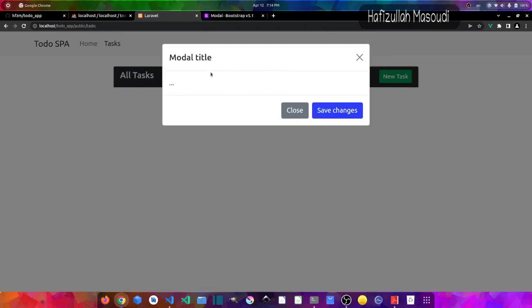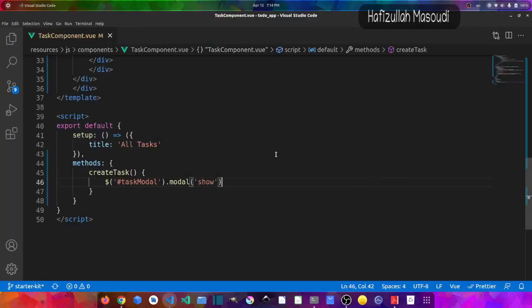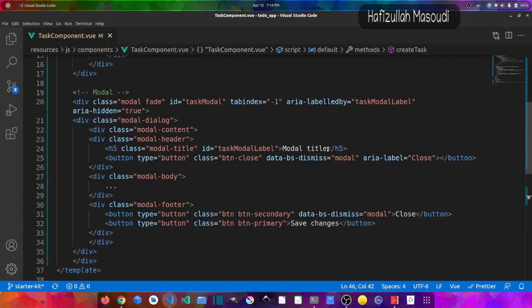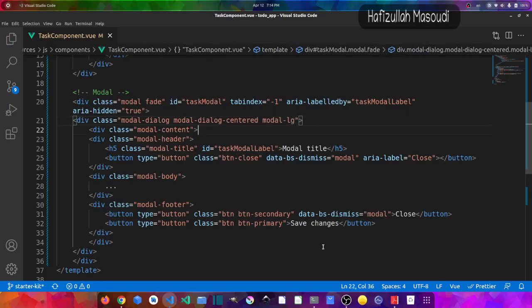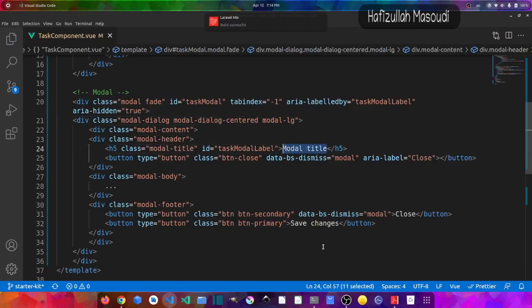Now let's also make this modal centered, and let's also make it large, and let's also customize it and put our input fields. So let's get back to the text editor, and if I scroll to the modal, well, let's first of all make this modal centered. So let's say modal-dialog-centered, and let's say modal-lg to make it large. For the title of the modal, let's say create new task,